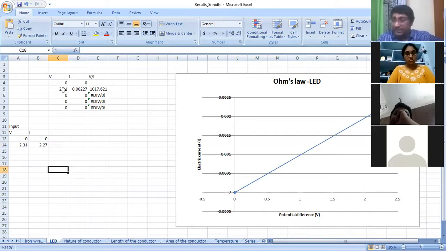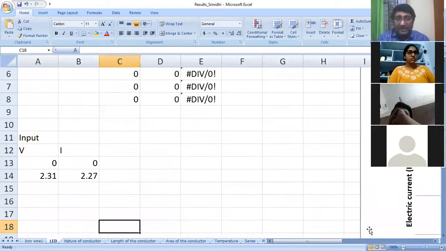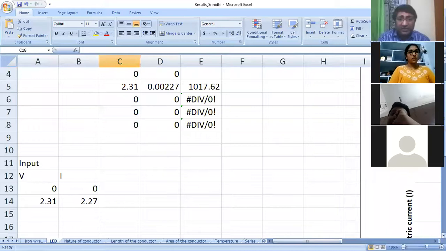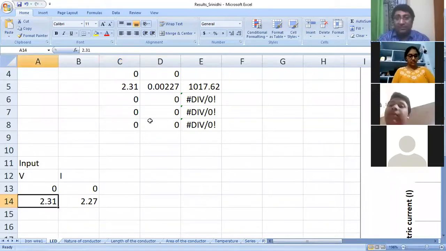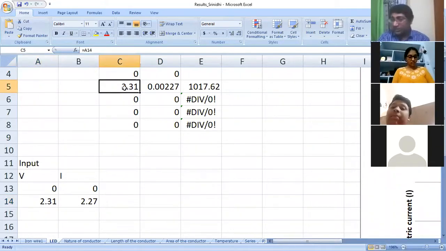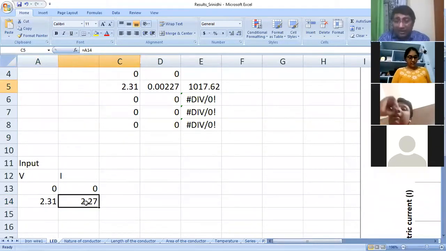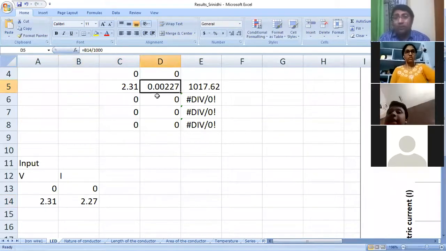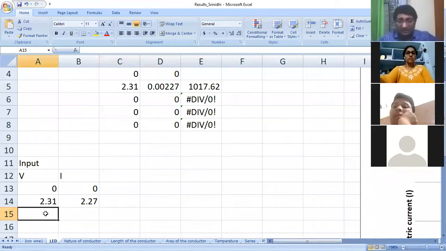Now, please check this out. Everyone, please observe over here. Niyati, I need a few seconds from you so that I can explain what happened with these values. These were our values. Our voltmeter value is in volts, 2.31 volts, so I did not do any conversion over here. But our ammeter value was in milliamperes, so I need to convert it into amperes. That's why I divided the result by 1000. So 2.27 milliamperes is nothing but 0.00227 amperes.